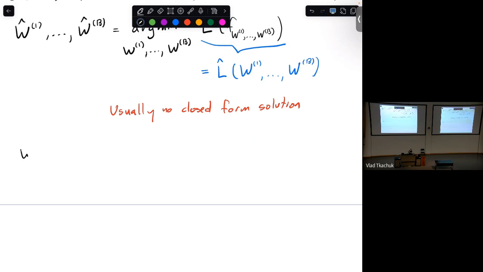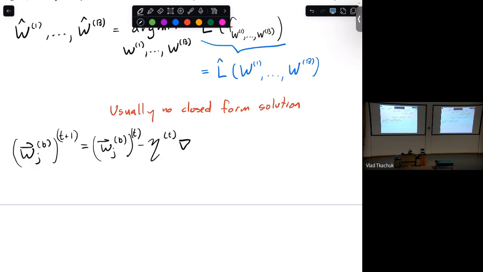So it'll just look like this: if I take a weight vector at some layer b and at some index, like some neuron number j, then its (t+1)th iteration will equal that same weight vector at its tth iteration, right? This is just gradient descent, minus a step size. And now this is where the notation is going to be useful. So the gradient with respect to this vector,